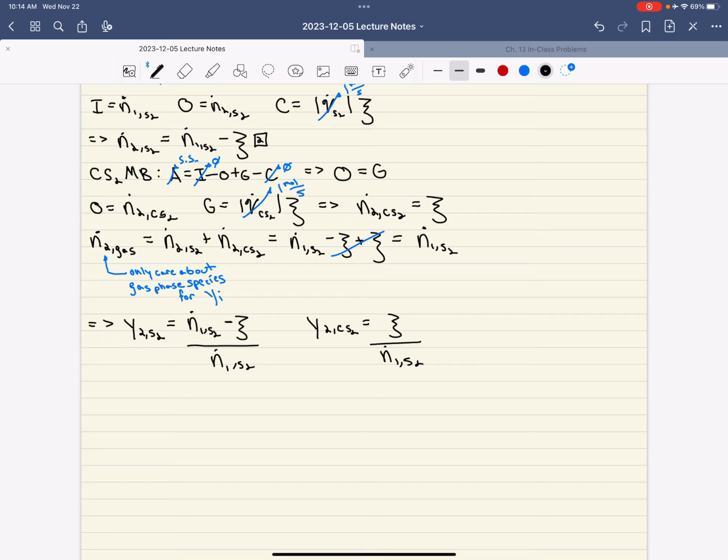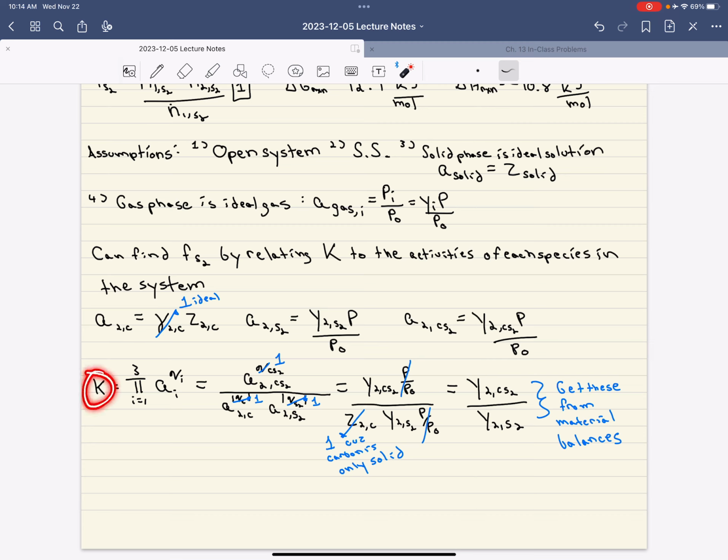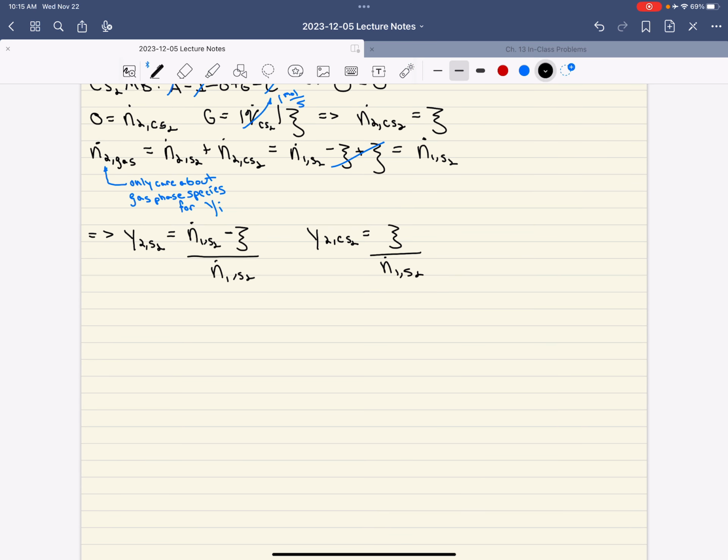So we have one way to describe the equilibrium constant here. Right, and we can relate it to the mole fractions. But what we also have to remember is that we want to see how this equilibrium constant changes as a function of time. Okay? Right? And also, right now we don't know K and we don't know psi, so we're going to have two unknowns in that equation. So mathematically, we need another equation in order to solve for all the unknowns. Okay? And that other equation we're going to use